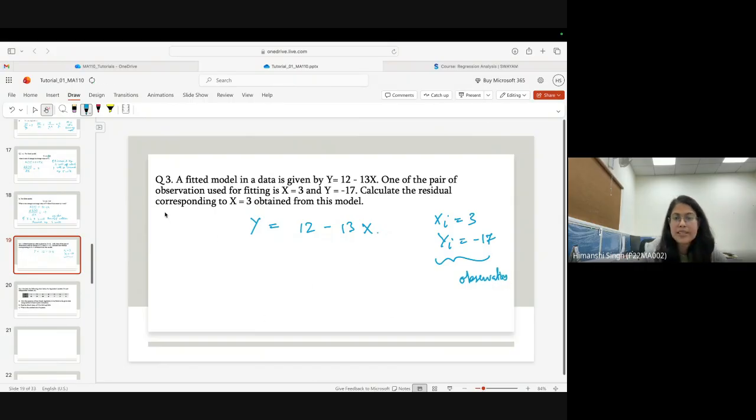Now calculate the residual corresponding to x equals 3. What is the residual? We have studied that residual ei equals yi minus yi hat, where yi is the observed value and yi hat is the fitted value. For xi equals 3, yi is minus 17, the observed value. First I have to find the fitted value. From the fitted line, yi hat will be 12 minus 13 into 3. So 12 minus 39, that will be